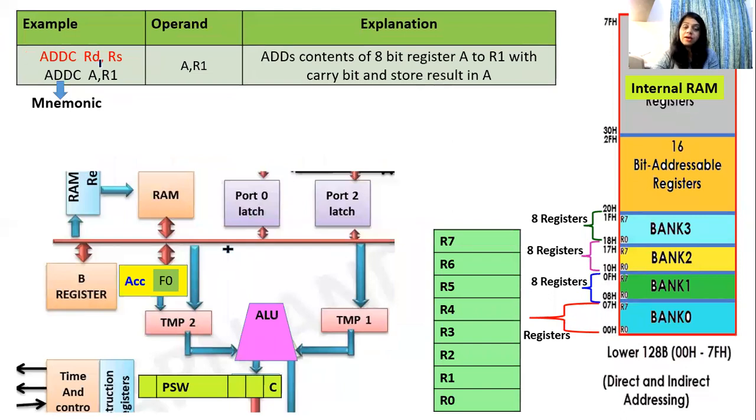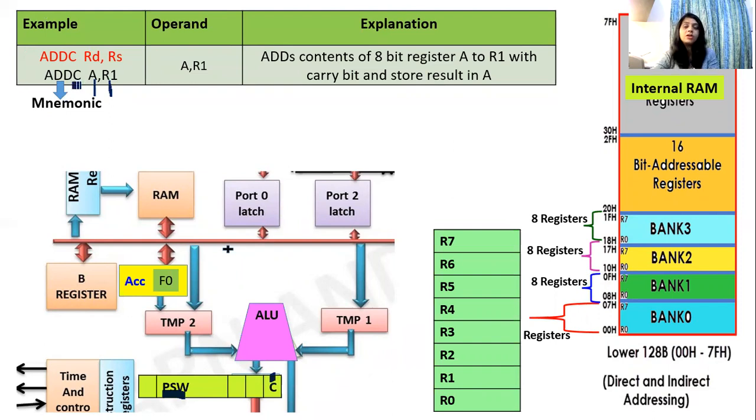Now the next instruction. Again all the same instructions are applicable in this type also, but here it is ADDC. ADDC stands for add with carry. What is carry? Carry is a flag available in the processor status word. I already taught you what the processor status word is. We already learned it. What is the carry flag? C is the carry flag in the processor status word. So what does this instruction say? Add the contents of the accumulator with the contents of register R1, similar to the first ADD instruction, but now it is with carry.